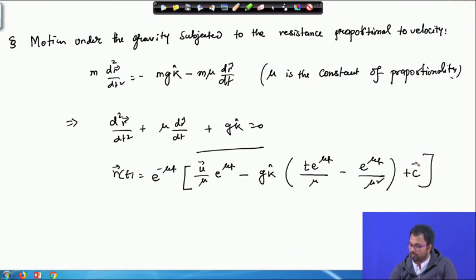So, c is a vector which we have to determine. So, this is the required equation of the path where we have to determine this constant c, and this is another